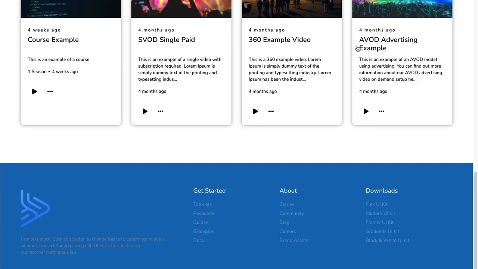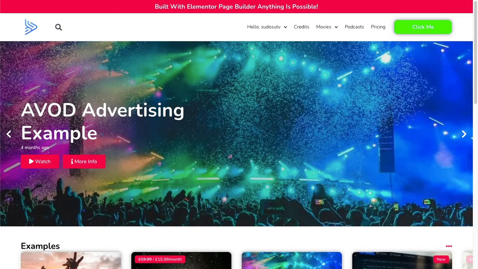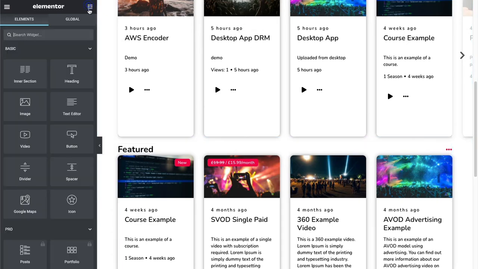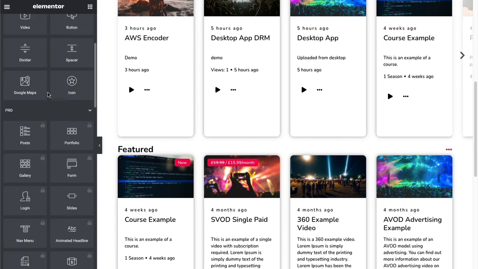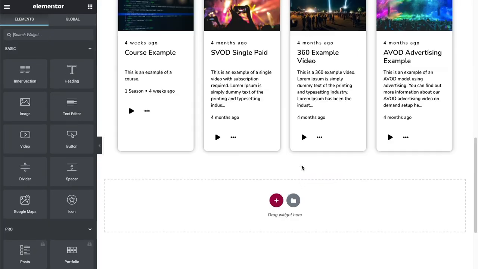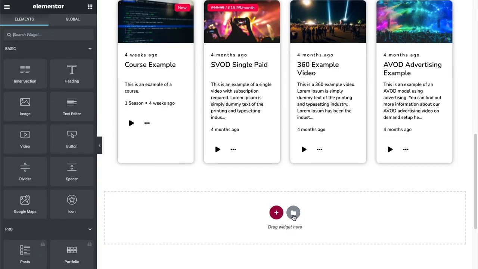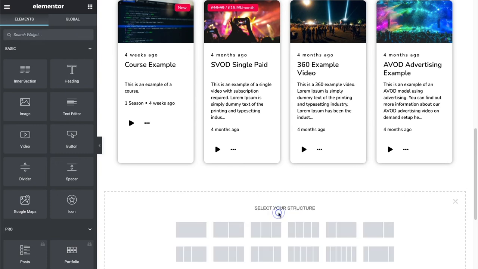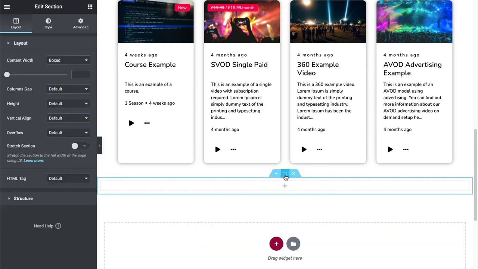You can do anything within this theme. There's lots of different widgets that you can play around with. Anything that Elementor does, then you can do. So you can add sections within the theme for like call to action or anything that you want. You simply add a section with the plus, and then what we can do is, this is quite handy here,